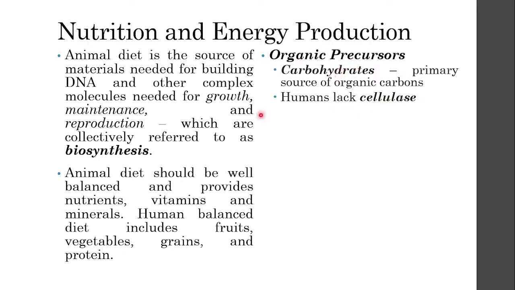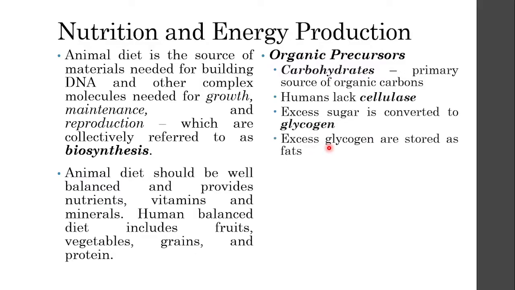But a lot of carbohydrates come from grains, mostly our wheat and our rice. Those are our main sources of carbohydrates, from which we can get our organic carbons to create our ATPs. When we have excess sugar or excess carbohydrates, it is converted into glycogen. Glycogen is actually a very important part of our body.